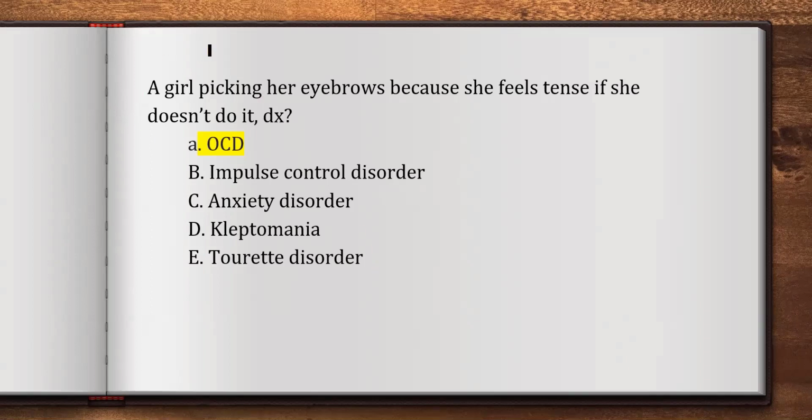Okay, so picking hair, picking eyebrow, or picking anything, the picking can be from himself or herself or someone else also. Any of this picking falls under trichotillomania. According to DSM-5, we'll keep it under OCD, not the impulse control disorder.